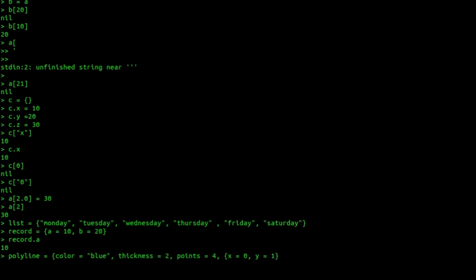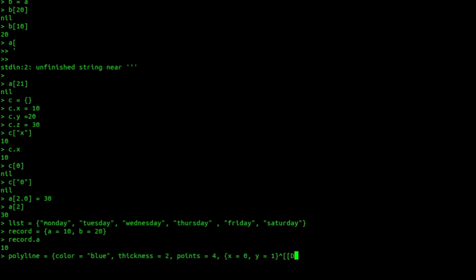So here what I'm doing is I am nesting a table inside a table. In this table polyline, the first element is this, a color, second is this with the value 2, third is this points with value 4, and fourth element is this, which in itself is a Lua table.